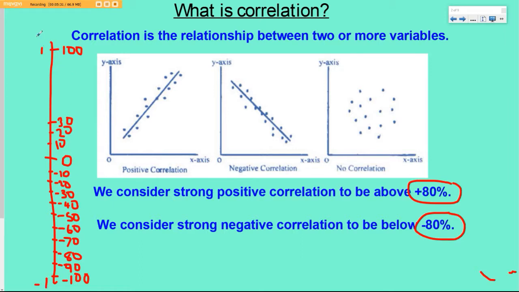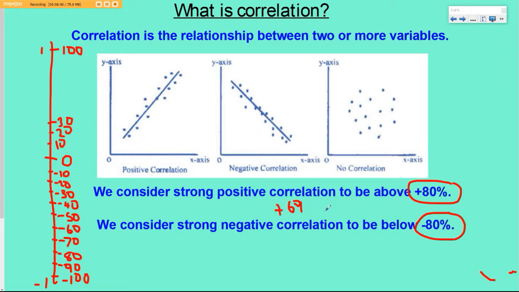Yeah, and this is what we call the correlation coefficient, which is between 1 and negative 1, you know? Okay, but for me, as much as I said, strong positive correlation is plus 80. For me, I'm going to go as low as anything that's above, I would say probably 69% is strong for me. Really strong. Anything plus 69.